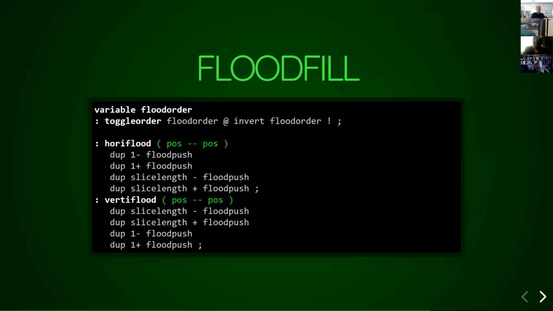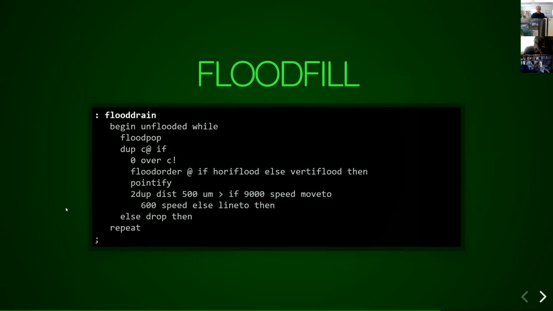And then I've got a few words for my horizontally biased sweep where I favor the X direction and then the Y direction, versus the vertical one where I favor the Y direction versus the X direction. And then the main loop for the flood fill is a little complex by Forth standards, but it's not too bad. You're basically looping while you have a region yet to flood. You pop off one additional point to flood, check if you've gotten there in a bitmap that you need to store of each layer, and then do your horizontally or vertically biased step in each direction, and then emit the G-code operations to